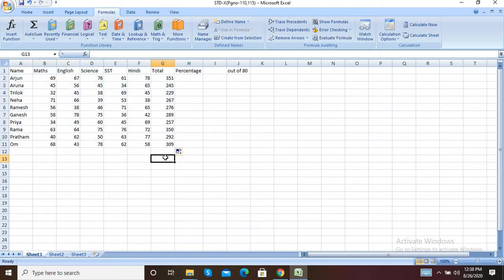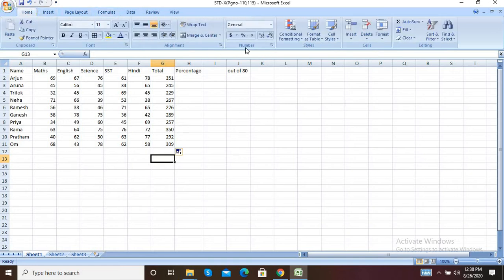First thing, I am showing you how to format your table with the help of the Home tab and with the help of number properties.